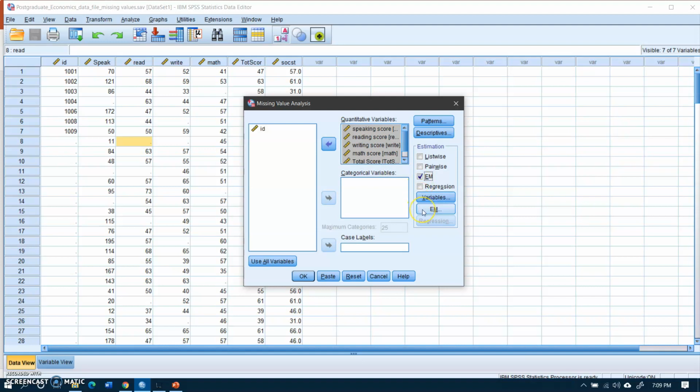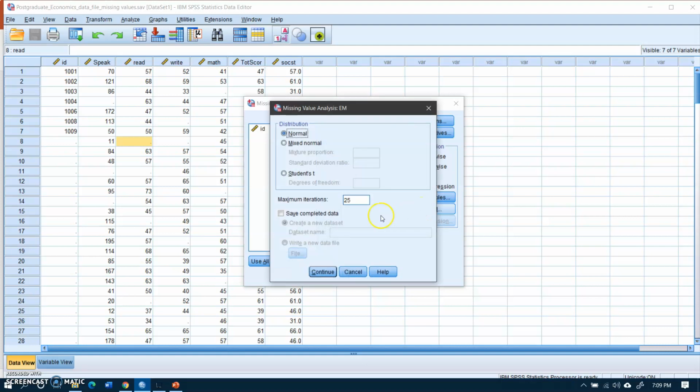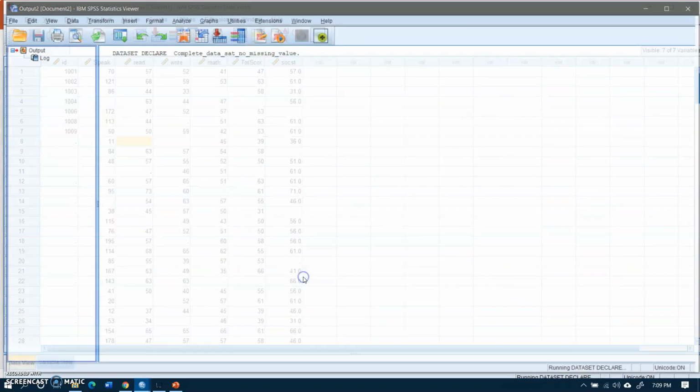After that I'll click on EM again, and this time I will click on save complete data, and this data set will not have the missing values, so I should give it some name. Let me call it complete data set, no missing values. So I'll continue, and then I will press OK.